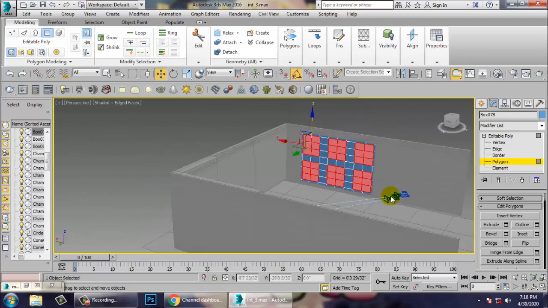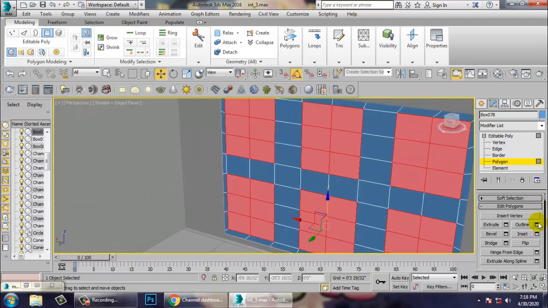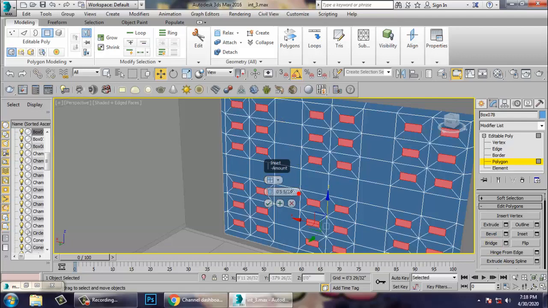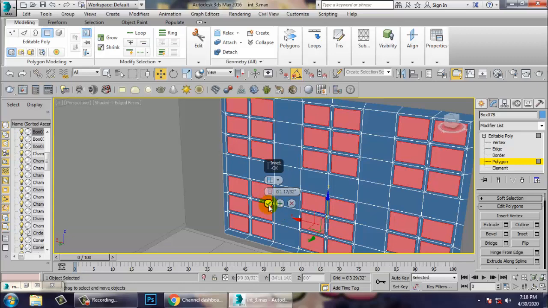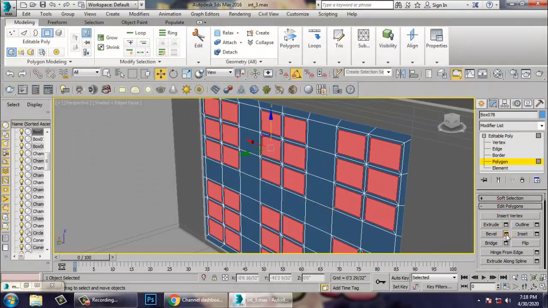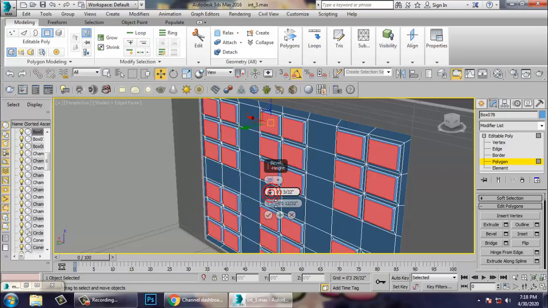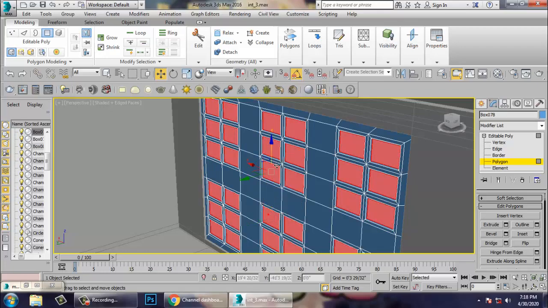And we have an option over here, that's your inset over here, and make it as by polygon. Just use inset by polygon and let's give a bit of bevel. Push it inside. Click OK.